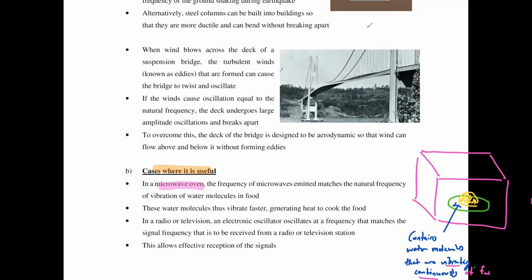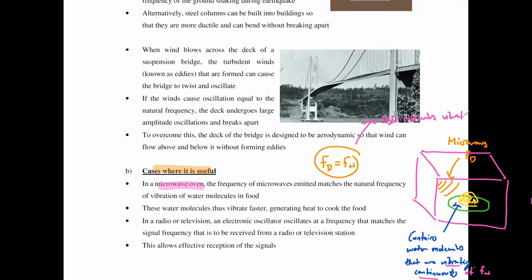Okay, so the idea here is that when you put your food inside a microwave, your microwave oven will emit microwaves. The microwaves have a certain frequency. You can think of this frequency of your microwave as your driving frequency. In the event that the driving frequency is equal to the natural frequency of your water molecules, your H2O molecules